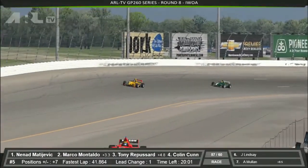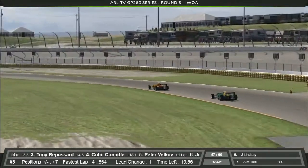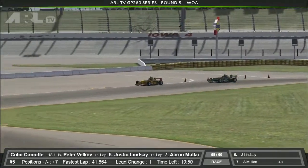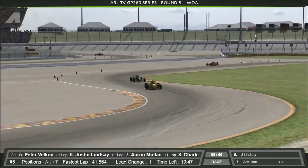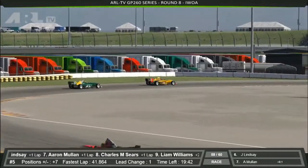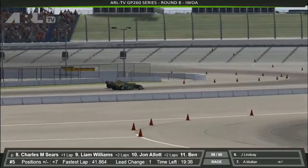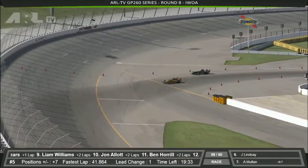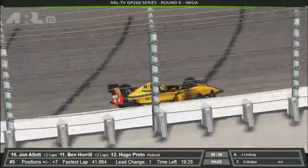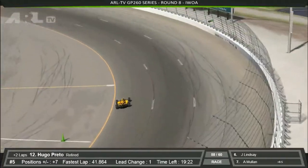I mean, he had some in his grasp. And as we see Paul Nelson there just staying low out of the way. Fair play to Paul for sticking around and driving the rest of this race, even though he had his PC issues. But yeah, Lime Rock Park, Aaron had it in his hands, some points, and blew it. Wasn't it last week when Aaron said he was going to get some points at some point this season? I don't want to put a commentator's curse on it, and I'm a bit concerned I may have, but I think should it stay as it is, he's going to be over the moon with 7th place. Yeah, he's looking quite racy actually. He looked like he wanted to have a little dig there at Lindsay. Lindsay just blocked the move off, and seems to have got himself a bit of breathing room, but at 58 of 60...